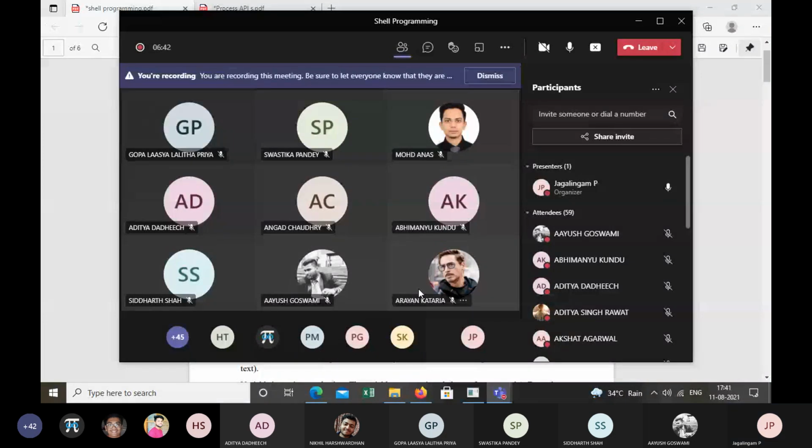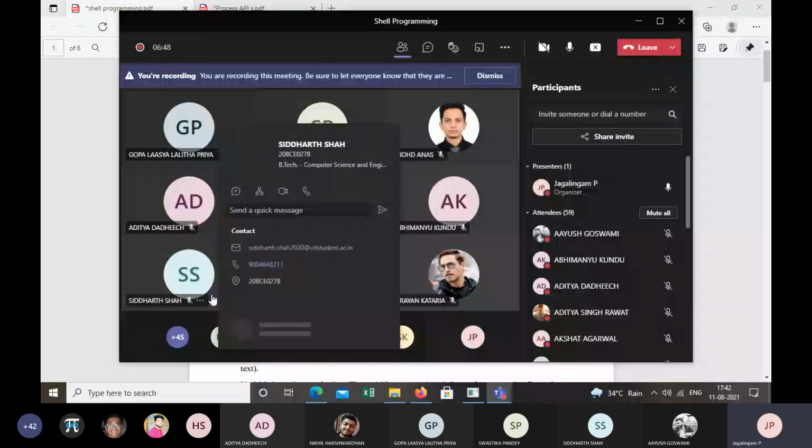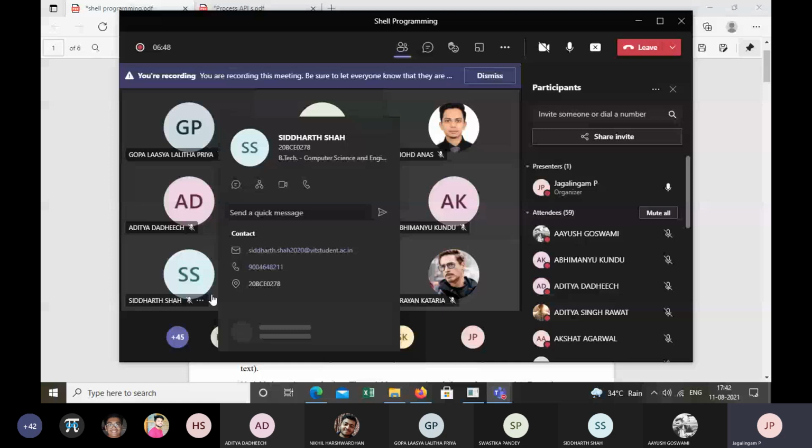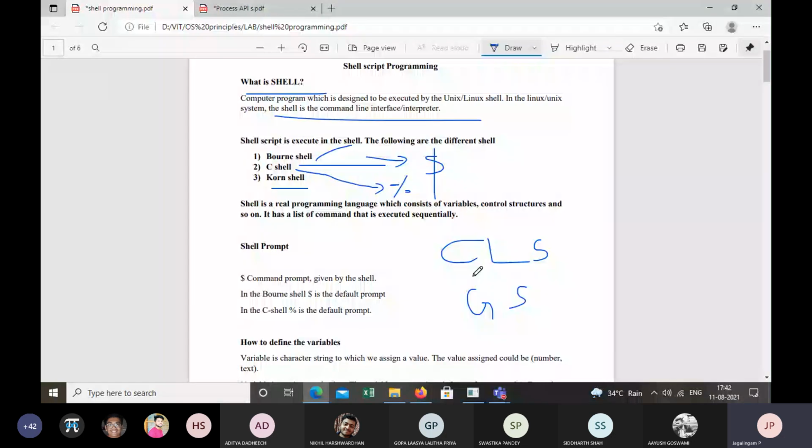Now, we have two different parts in the shell. One is command line shell, the other one is graphical shell. In the case of command line shell, we call this command line interface. Now, in Linux and Mac, you have a terminal, right? If you are using Linux or Ubuntu or Mac, you have a terminal. What this terminal does is take command by command, command line interface. What about if you're using Windows? What is the command line interface?